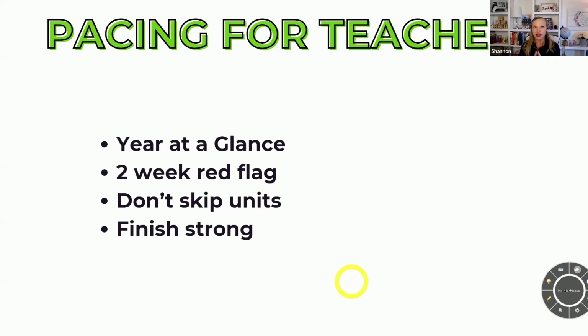One of the reasons that we get behind is that we haven't actually paced out the year the way that we should, or it's because of our reteaching. So our kids don't get something, so we have to linger a little bit longer. And then the next thing you know, we are units behind where we should be and we don't get everything in. So my first recommendation for you tonight is to make sure that you have done a year at a glance. If you take that reteach method, I'm going to teach you how to do that backwards design pacing.